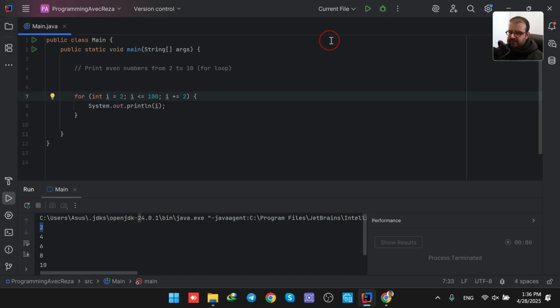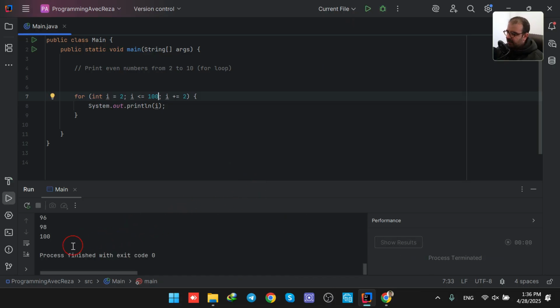So the ending point is now 100. I run the code one more time. You see that only the even numbers are being printed: 100, 98, 96, 94, 92, 90, 88, 84, 82, 80, etc. until the end. So this is how we can have the print of even numbers from 0 to 10